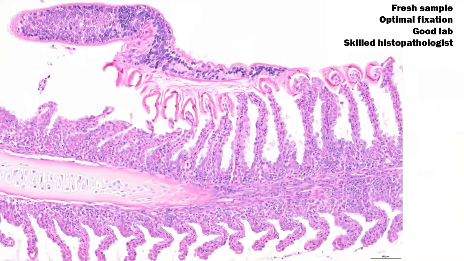And so I would like to stress a few points before passing to the other part of my speech, especially for the technicians or vets who work in a fish farm, who collect the samples that then have to be evaluated by histopathology. It's necessary to have fresh samples, optimal fixation, a good lab, and skilled histopathology to obtain the perfect results using histology.